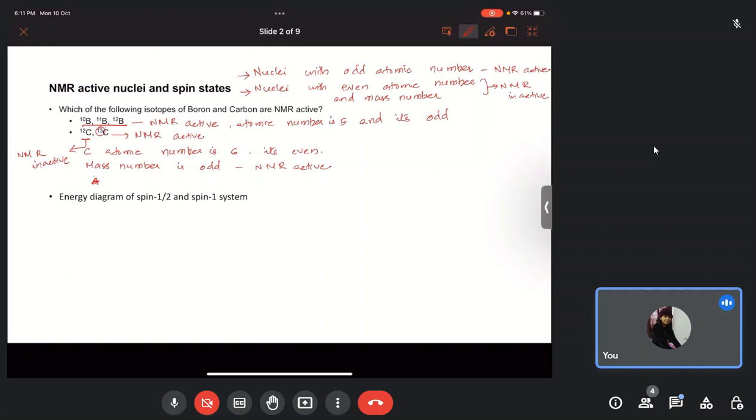The second part here is more than a question. It is to make you understand how the energy level diagram of a spin half system and a spin 1 system will look like. The term spin half or spin 1 comes based on the